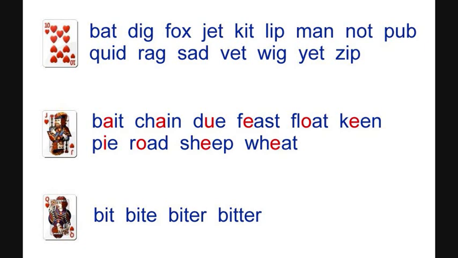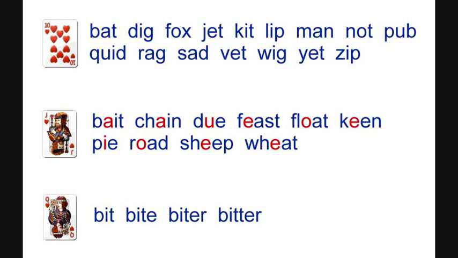p, i, e, pie; r, o, a, d, road; sh, e, e, p, sheep; w, h, e, a, t, wheat. These words are well behaved. They sound as they should do. Good work so far. The next phase is to look at more ways in which some combinations of letters change